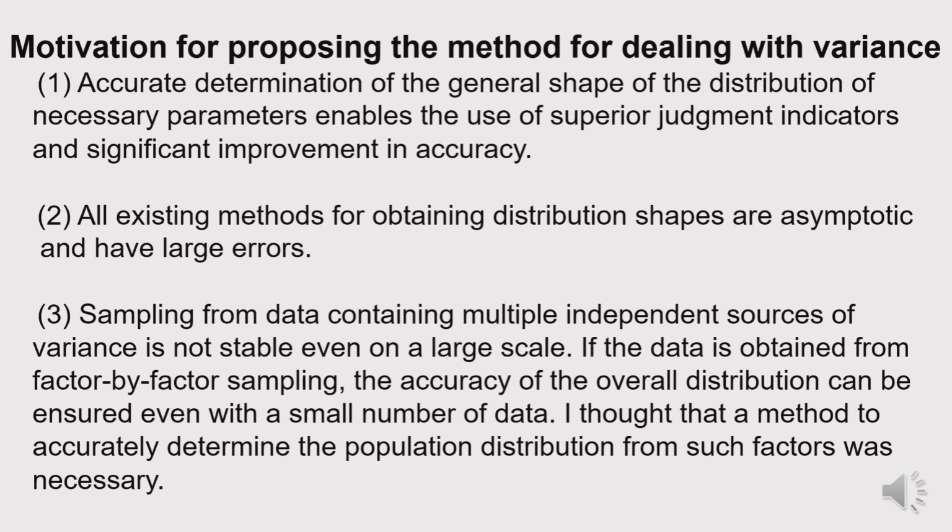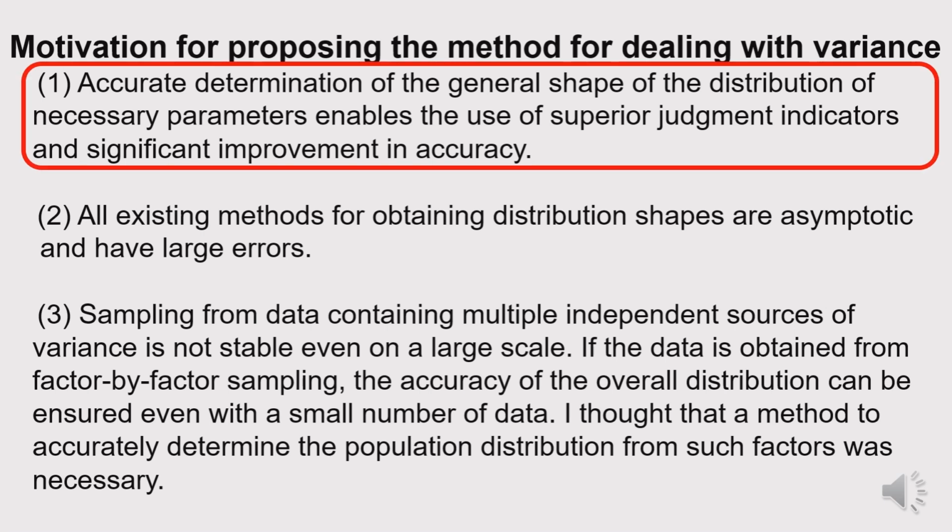The motivation for proposing a method of dealing with variance is the 3 steps described here. First, when the results of calculations are used to make judgments, such as the calculated value being above or below the criterion, or the result of a simulation showing a collision or avoidance, the variance in the parameters used is generally handled in conventional probability statistics in the form of mean or variance. I believe that the calculation is made with an average value, etc., and a judgment is made as to whether